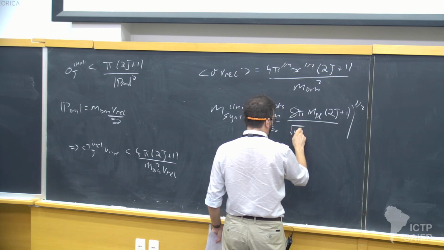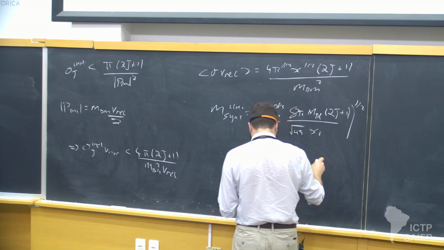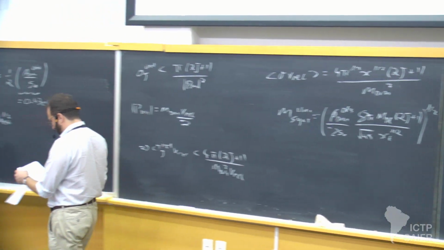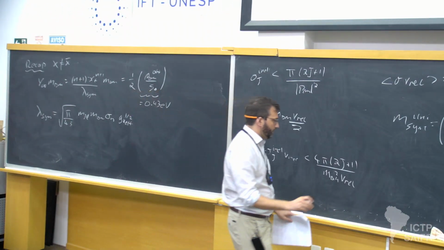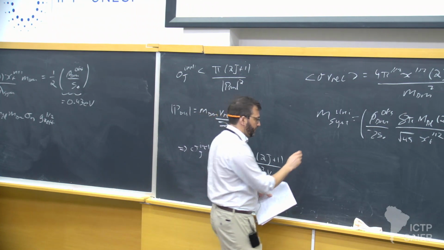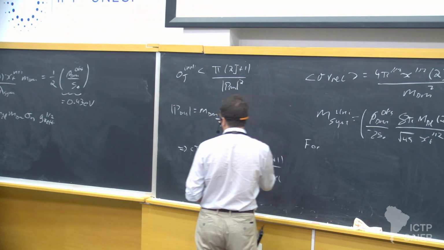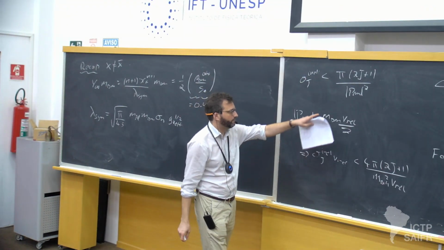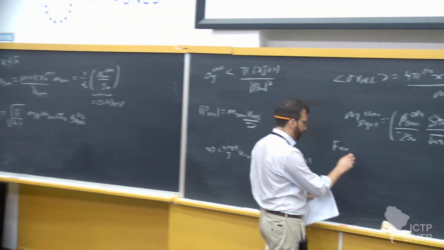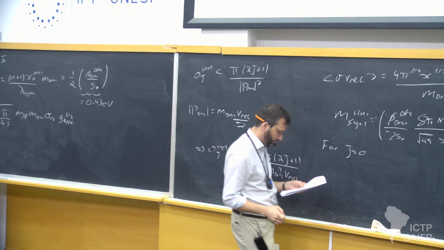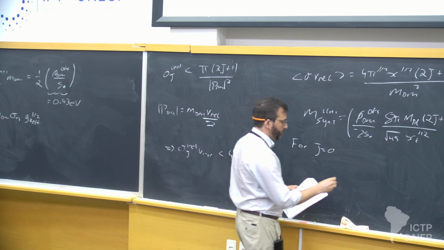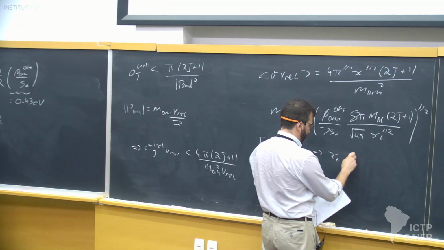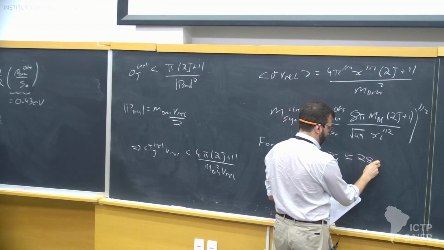On root 45, xf to the 1/2, okay? Now, you do the exercise, and assume your dominant contribution to the cross section comes from the j equals 0 partial wave. Then you'll find that x freeze out is approximately 28.5 or so,